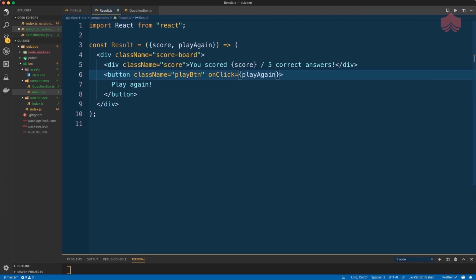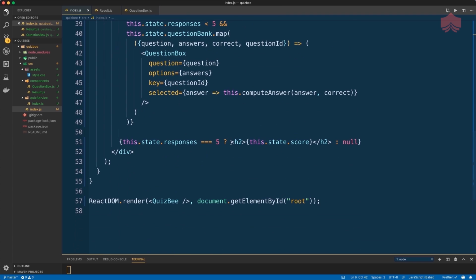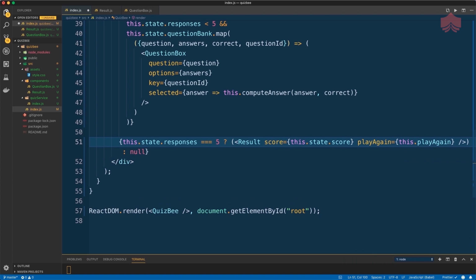That's it. We'll export this function now. Back in the QuizBee component, we'll first import in the result component, and then instead of the h2 element, we'll render an instance of the result component. We'll also pass in the score and a reference to a function called playAgain, which we'll build now.